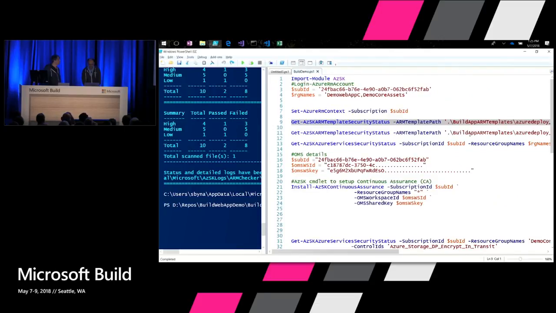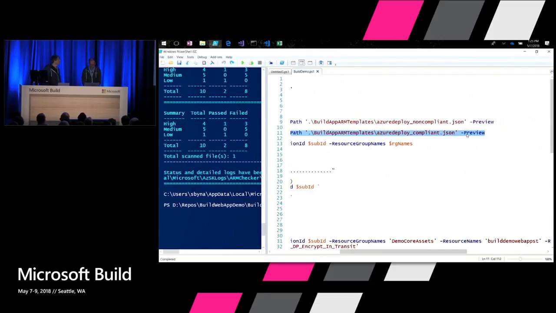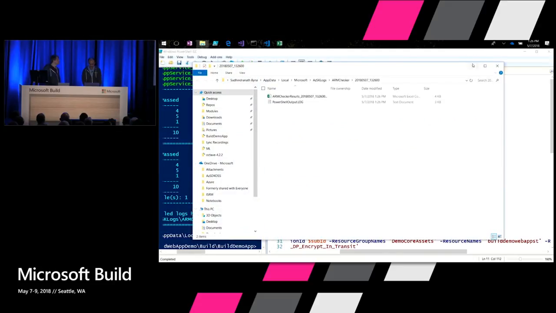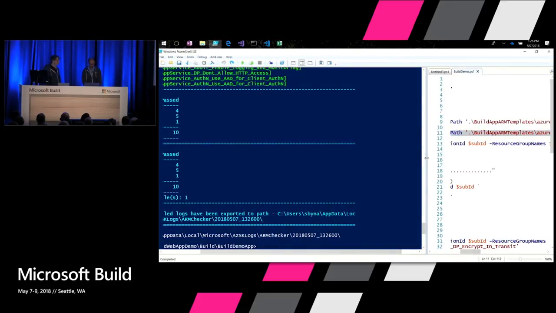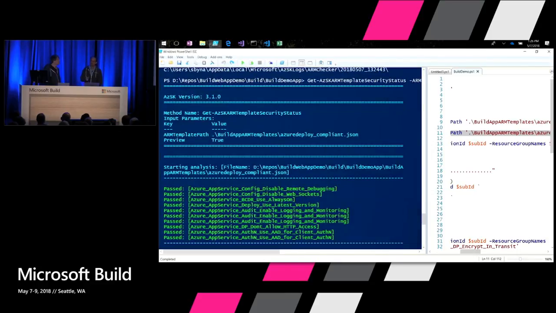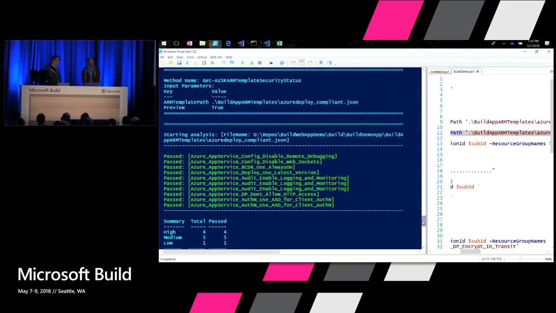So I went ahead and fixed all the issues and I just reconfirmed it again. Done, right? So now it gives me confidence that, okay, I got a template, but I made it secure. Now it's at least in a shape to deploy, right? So I did all that. Now I commit this template to my source control.